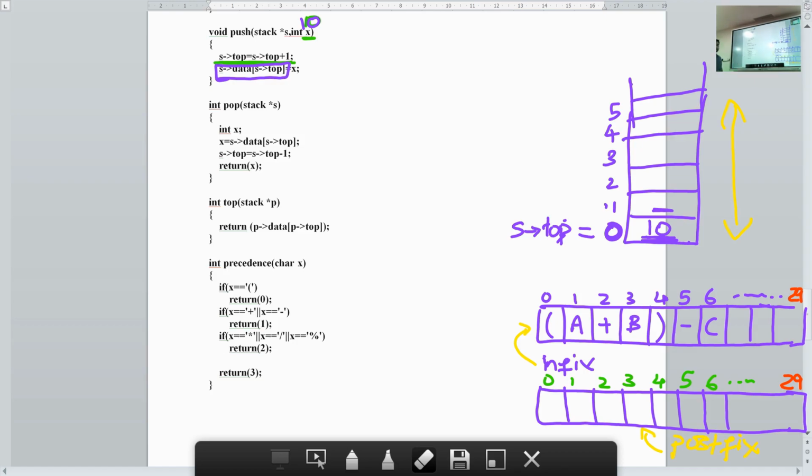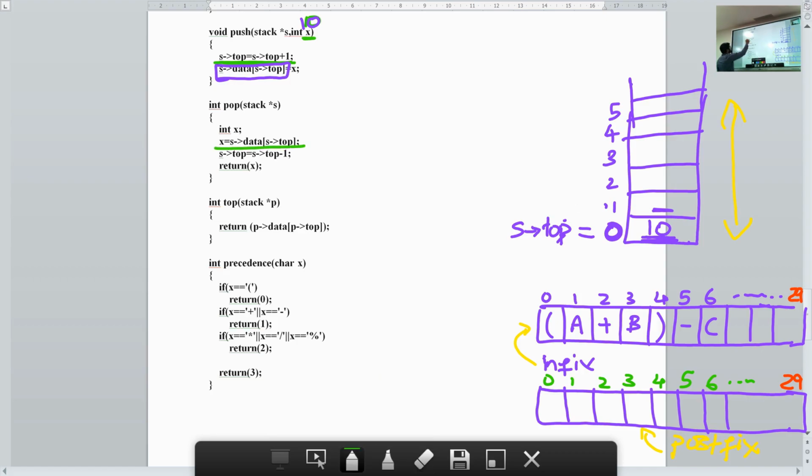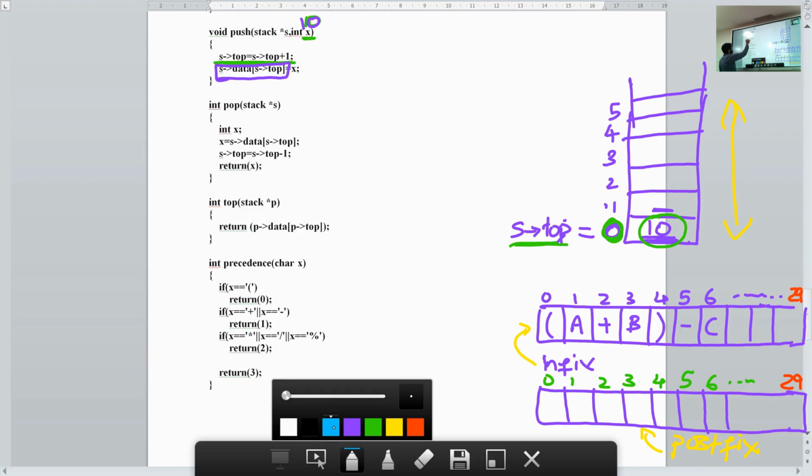So now let's look at how the pop function works. What does pop do? It deletes an element from the stack. So when I want to delete something, what will I do? First extract the value from where top is pointing. Top is at index 0. So at index 0, what is the value? 10. So I will extract that value, I will remove that value, and I will store it in the variable